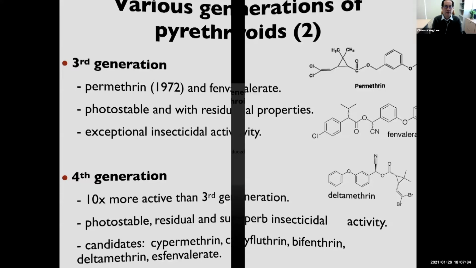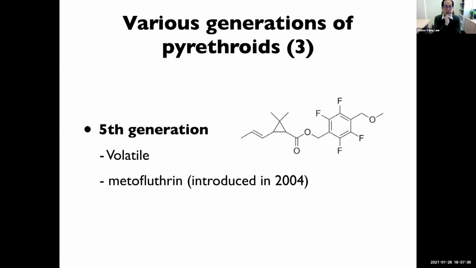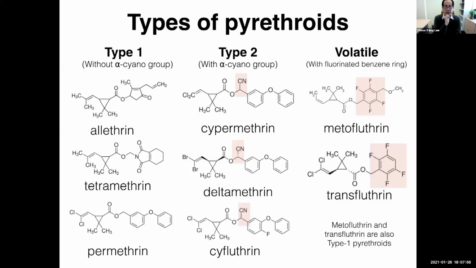Okay. And finally, the fifth generation is a volatile pyrethroid. You have candidates such as metofluthrin, and they could be used as they are, without the need for a heater, and are widely used, especially in household insecticides. If you look at the types of pyrethroid, you can divide them into three types. The first one is without the alpha-cyano group, and the second one is with the alpha-cyano group, as I highlighted in pink